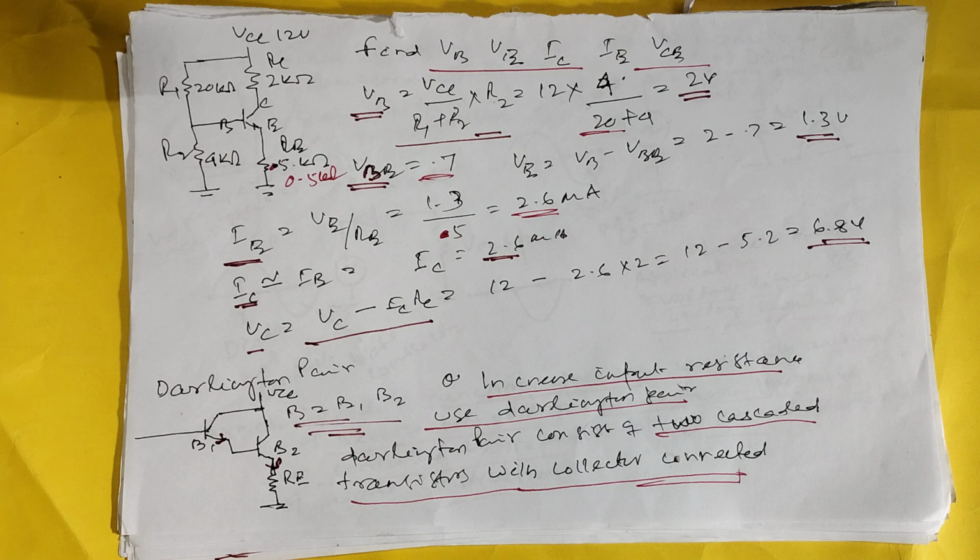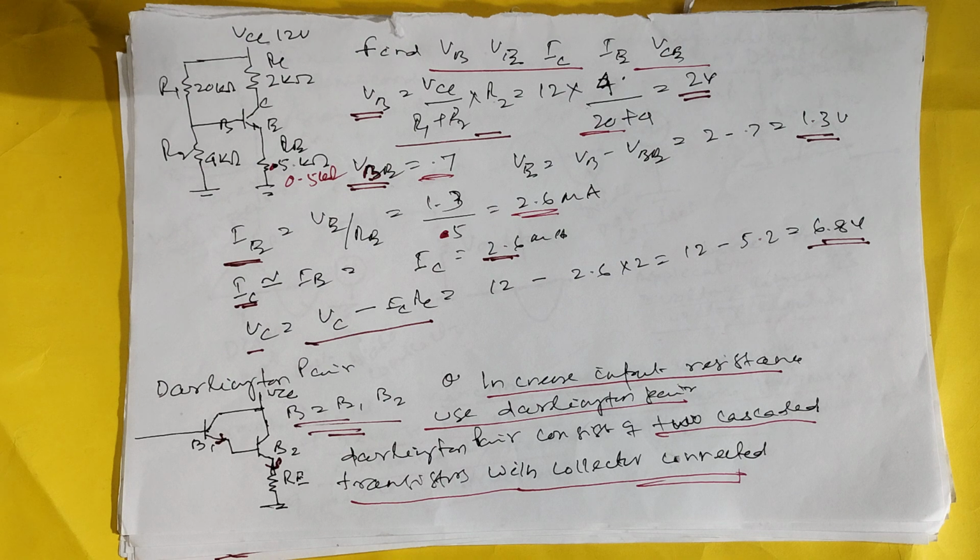Here the formula is there. Here you have to find R2. VB is equal to VCC times R2 divided by R1 plus R2. So VB is coming, VB is equal to 0.7. Automatically you get